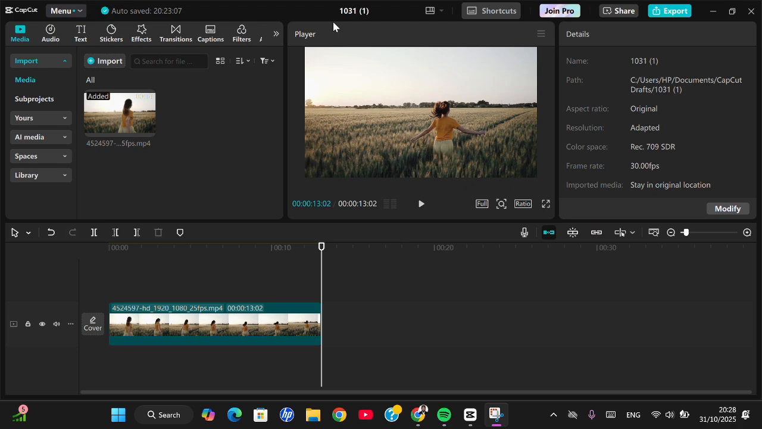In today's video, I'm going to show you how you can crop your video using CapCut PC. Okay, let's get into it guys. Here I have already created a project on my CapCut PC application and I'm going to show you how we